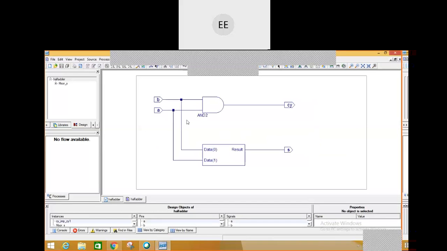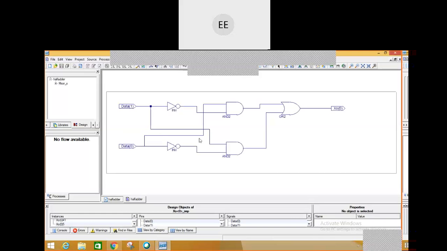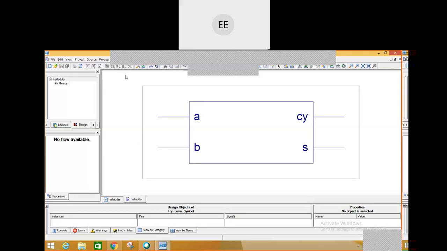So if I click on this block, see, it is showing me internally what it consists of. A and B is being done using an AND gate. This is a basic gate that's already been added to the library, so it is showing the AND gate directly. But for the XOR gate, again it is showing the blocks only. If I click on that, see, this is how my XOR gate is internally implemented in this Xilinx software. So that is how you can view the Verilog code. Okay, so this is the schematic view.